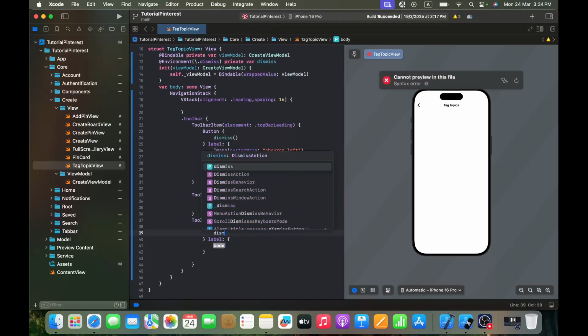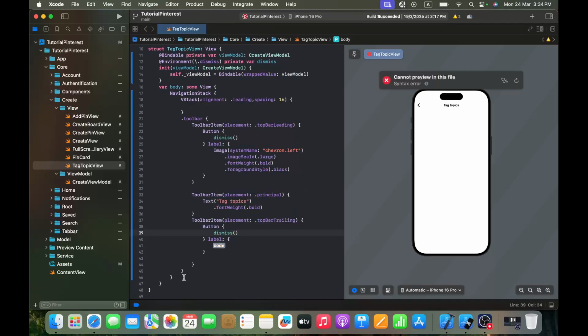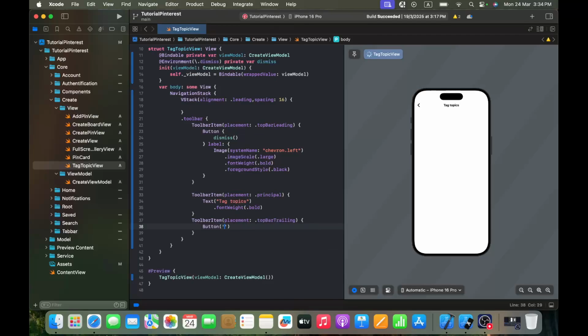For action it will be dismiss for now, and for label it will be... or you know what, I will do it in a different way. Let me show you another way of doing a button. So a button, I'm going to give it Done as title, and then for action I will give it dismiss,